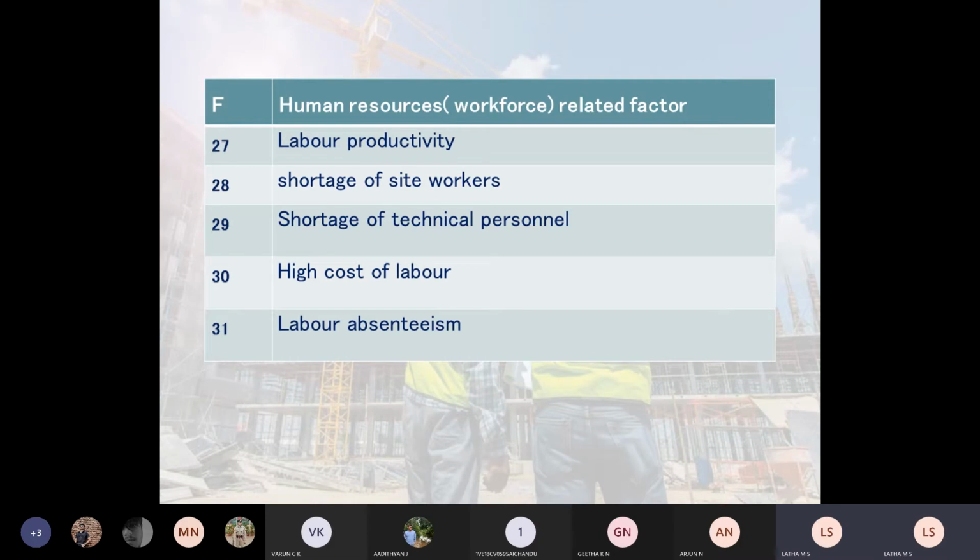Do you know, students? In MTech structures, we have one elective subject, artificial intelligence in construction. Elective. Artificial intelligence in construction. So whatever it is, labor has a labor problem, labor have their own problem.